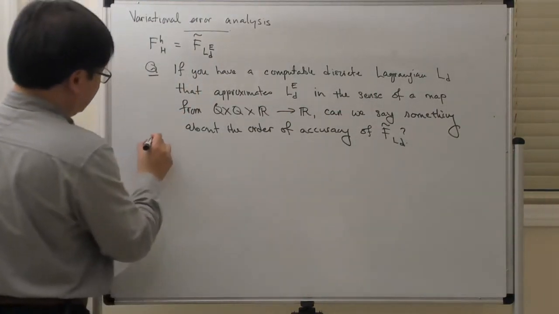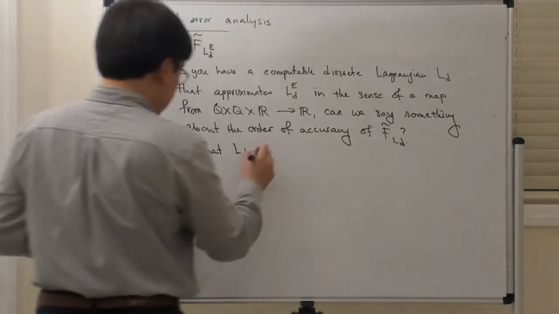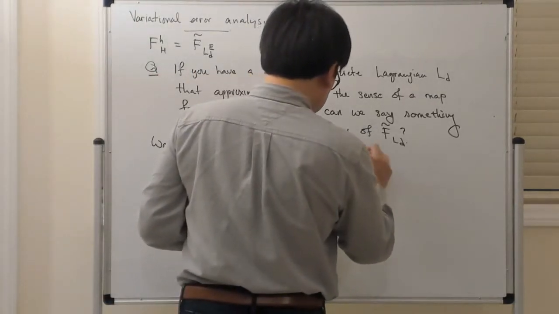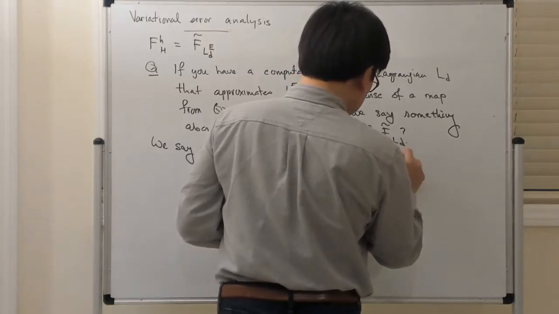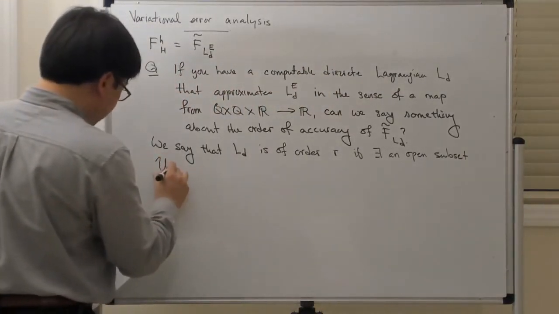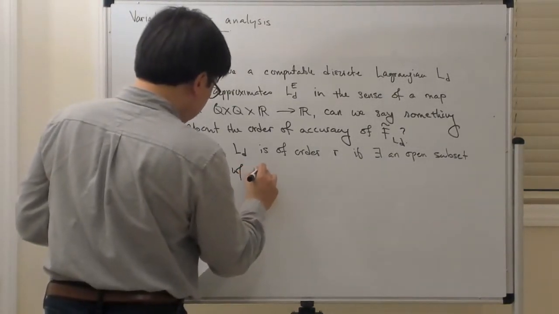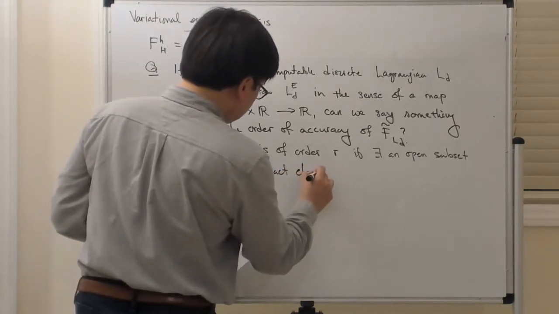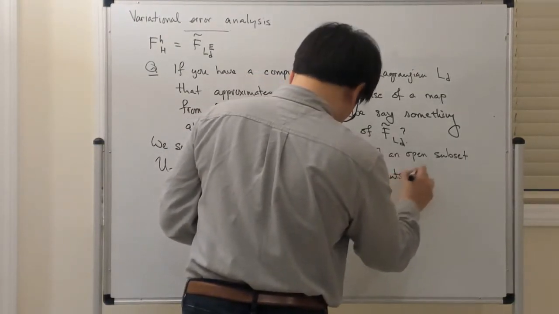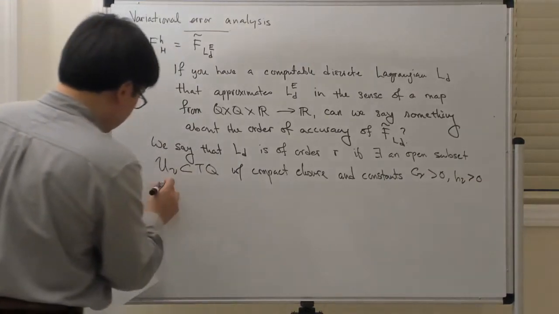We say that L_D is of order R if there exists an open set, let's call it U_V, contained in the tangent bundle with compact closure, and constants C_V greater than 0 and H_V greater than 0, such that